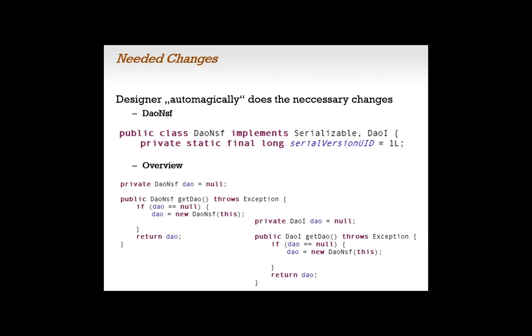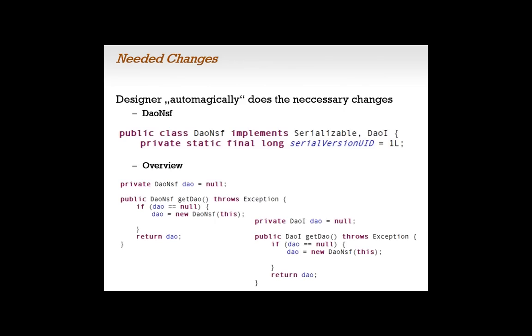And also in the overview bean, there is a slight change in the code from using the DAO NSF explicitly to using the DAO interface, and also in the public getDAO, you see the changes from the DAO NSF to the DAO interface. That's all the changes that have been done by the Domino Designer itself. No manual process from your point. That's all you have to do. The application will work the way it did before,